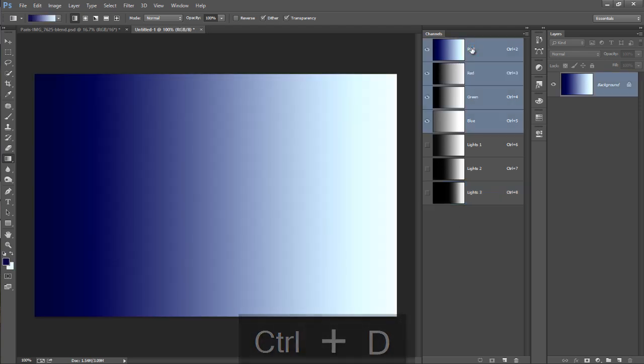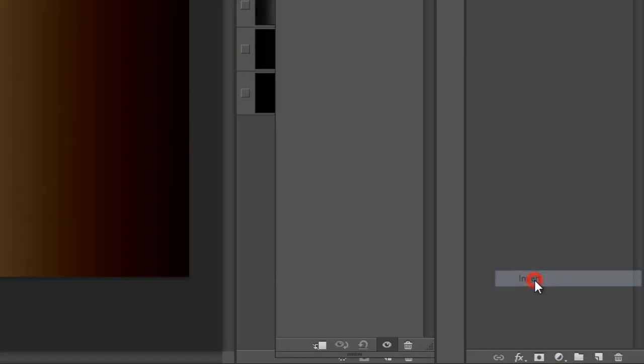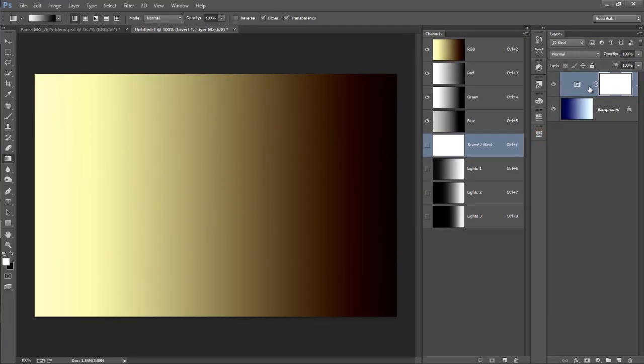Now if you want to select the dark parts of the image, we need to invert the image first. So to select the darks, I will have to create an invert adjustment layer on top of my image that will change the image completely to its negative. And now if I want to select the dark parts of the original image, I will just select the light parts of the inverse. So I just Ctrl click now on the RGB channel with the inversion intact, and I will save it, and this will be